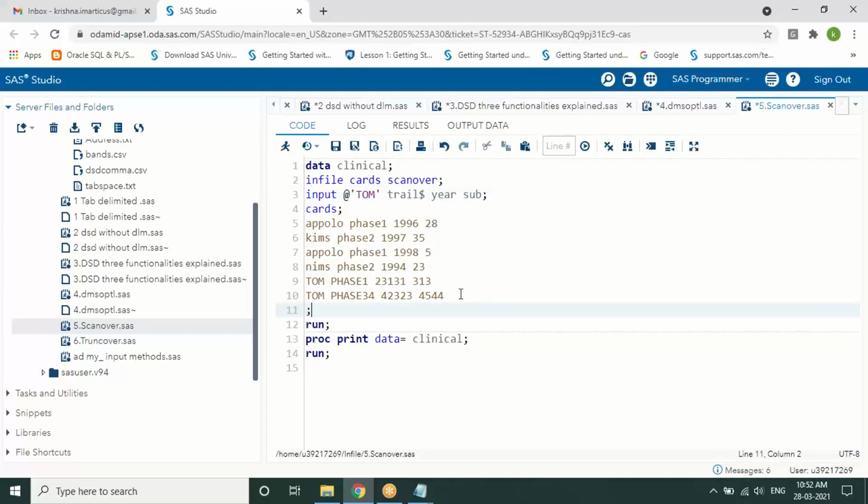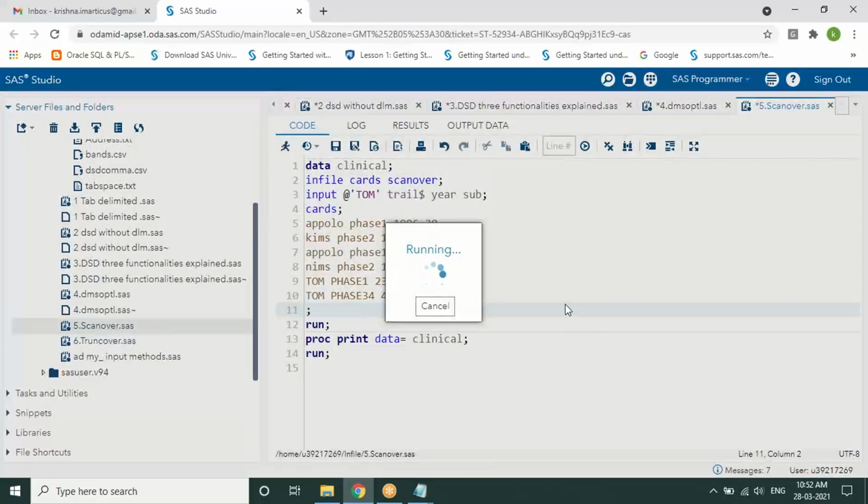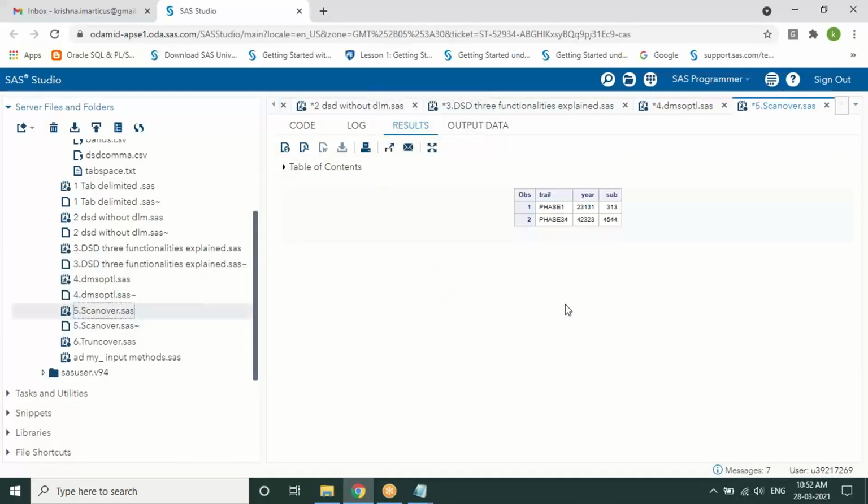I wanted to identify whether that particular Tom data is same or different from the other data present here. So when I'm scanning Tom, you can see whatever values related to them are displayed. So you can make a comparison between the data, whether the 2 values which we found are same or different. So to scan and search the data, we use an option called scan over.